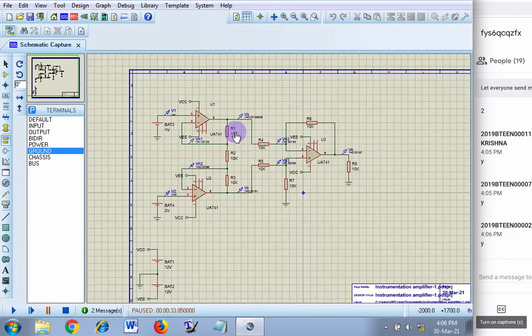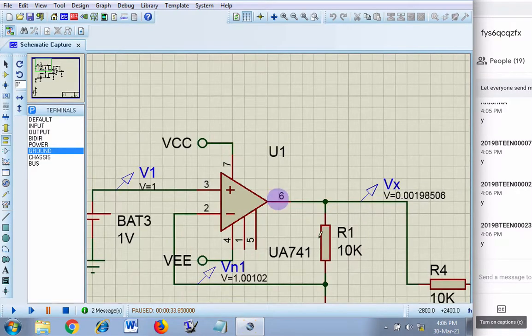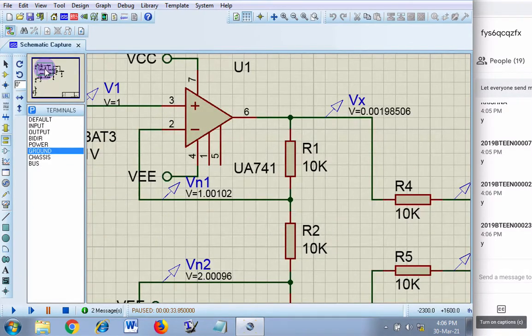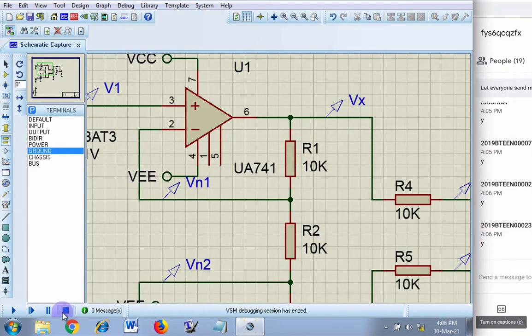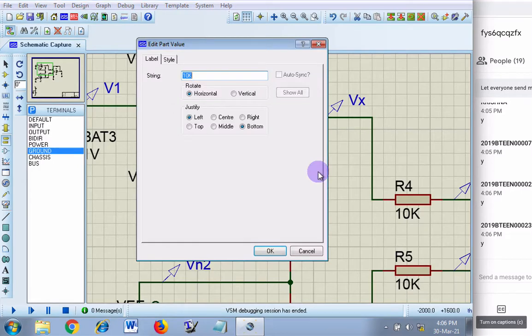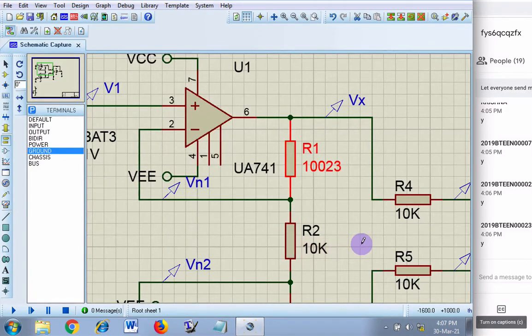Right. Now what you have to do is, in order that people do it seriously and properly on their own, what is expected from you is this. Suppose Om is doing this activity. His PRN number is ending with 023. So he will use 10K. I will stop this simulation. Instead of 10K, he will write 10,000 and he will replace last 2 digits by 23. So his resistance will be 10K added with 23. Did you understand Om?